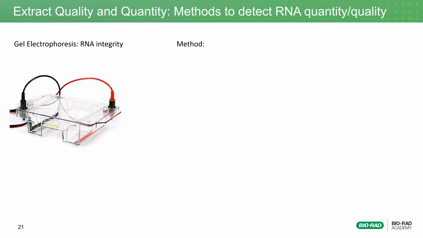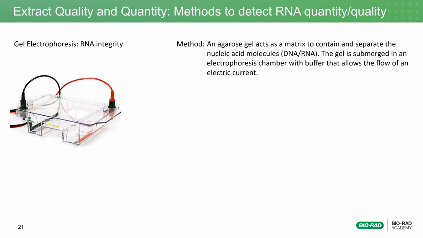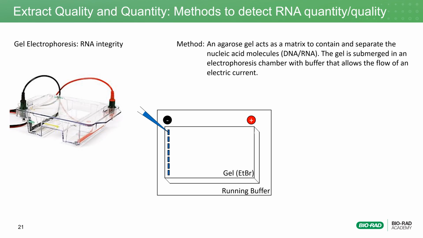Another commonly used method to assess RNA quality includes gel electrophoresis. Electrophoresis is a method of separating molecules such as nucleic acids based on the net charge, size, and conformation within a matrix. When performing gel electrophoresis with RNA extract, small aliquots of denatured extract are loaded into microwells within a polyacrylamide or agarose gel. The gel is submerged in an electrophoresis chamber with buffer that allows the flow of an